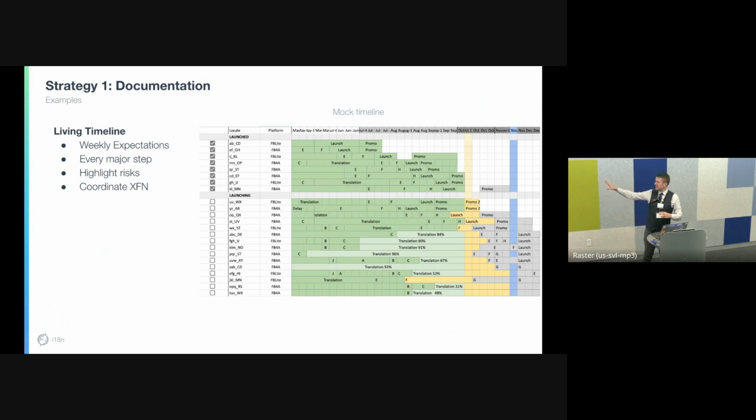The screenshot that I'm showing here is a little bit modified from what it actually was, but this was my favorite document that we had. It was a Google Drive spreadsheet where we had a timeline for every single individual language that we were supporting, and for every single week, what that language support was going to look like. The key thing to think about here is that we are a giant cross-functional team.